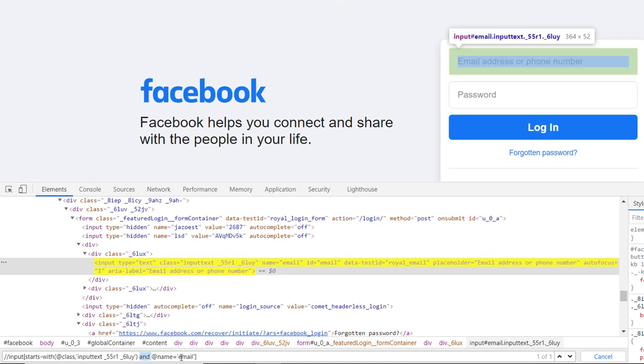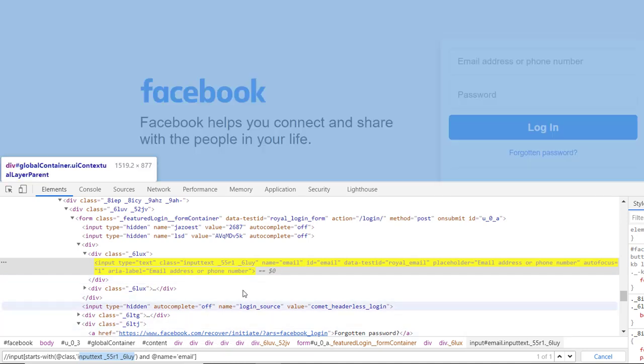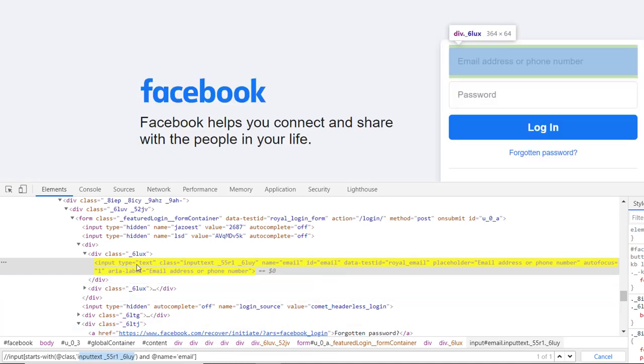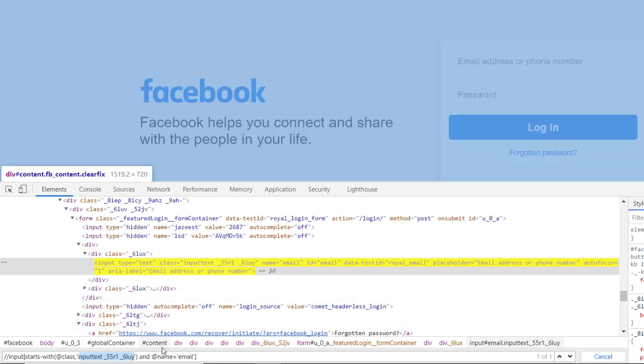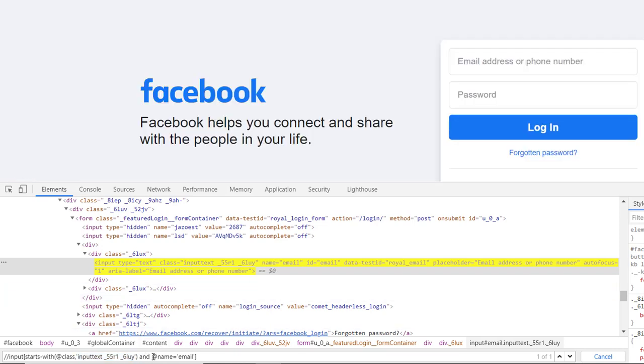If I provide and, we are saying that starts-with the class is this particular class value, and the name equals to email. Since both these conditions are satisfied for this particular locator only, that class is this and email is this, it is locating the single element only.